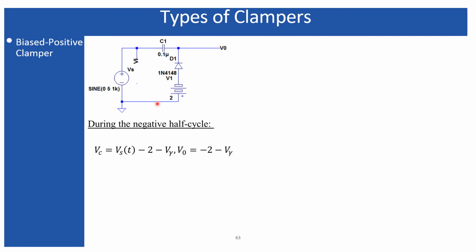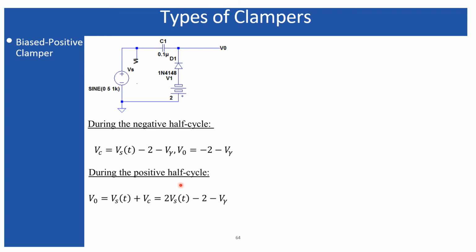So in this particular analysis, if you apply the KVL, here I am considering the negative half cycle, because my diode in this case will be in forward bias for the negative half cycle, when the current will flow along this direction. So I am considering the negative half cycle first. This is the capacitor voltage which is going to be stored within the capacitor, and since the minus 2 volt exists in this branch, that minus 2 volt minus V gamma will be held by the capacitor.